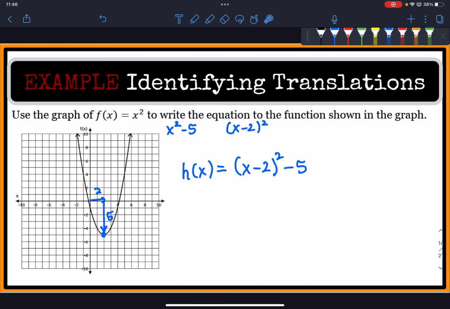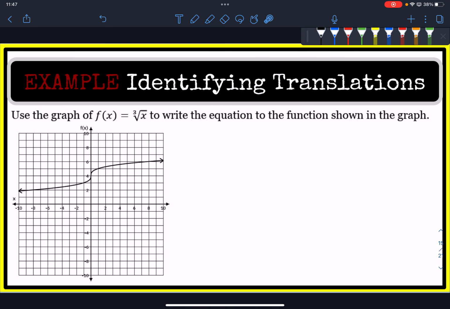Now let's look at another function. Let's see how this works with another function. You'll see again it works the exact same way. So here again is a translation of this parent function, the cube root function. Normally the cube root function looks the same way, but this point here is normally at the origin. So comparing this point here from the origin, we can clearly see that this graph